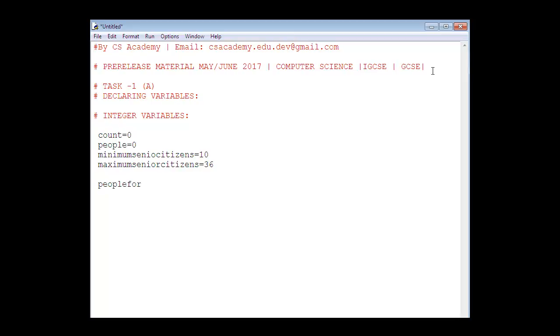People for 12 equals 0, and then people for 24 equals 0. I have separated these two variables for holding the range of citizens which are equal to 10